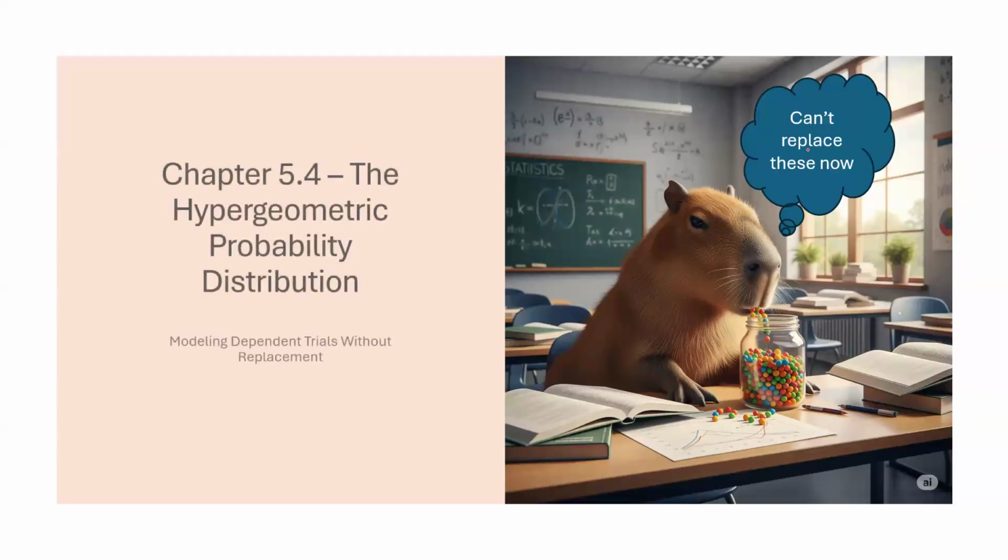Welcome to chapter 5.4, the hypergeometric probability distribution. In this section, we'll explore a distribution that applies to situations where the trials are not independent, specifically when we're sampling without replacement. You'll see this used in quality control testing, surveys, card games, and real-world audits. We'll learn how to compute hypergeometric probabilities, calculate the mean and variance, and understand how this distribution differs from the